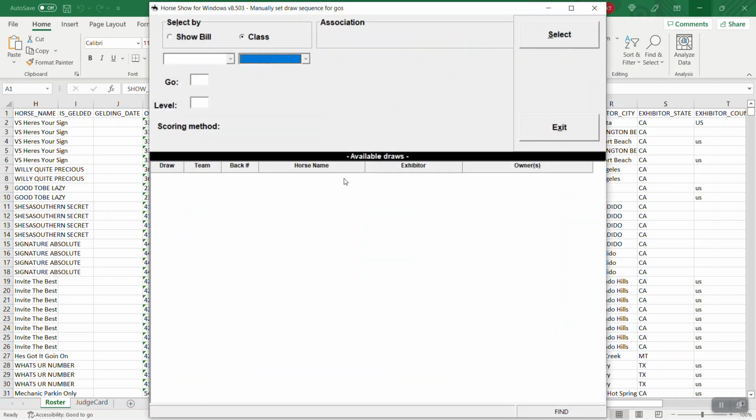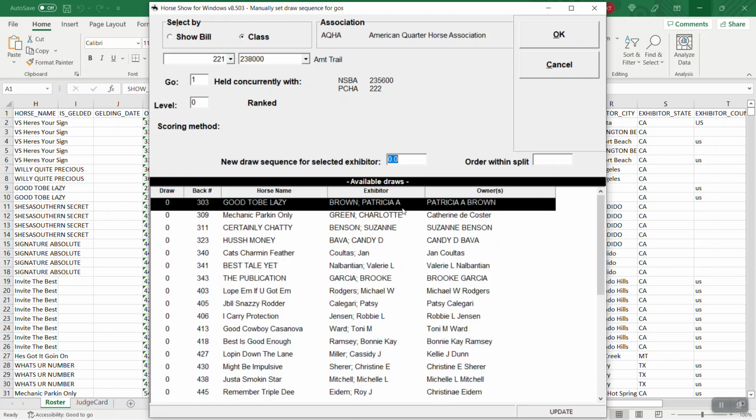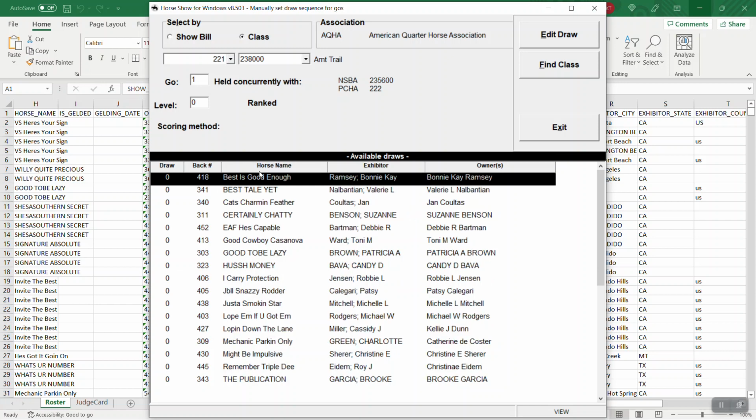So one of the things that we just recently changed here, I'm going to pull a class up. You can have a class with quite a lot of entries in it that you don't want to do a draw with exhibitors too close together. While yes, you have that option in building the draw, there's still potentially that you might want to spread them out a little further. Maybe there's a trainer that you know needs to be here, there, everywhere. Heidi, if you click on the name of the exhibitor, it will cancel that. If you click on the column header, it will sort by exhibitor. So when you've done the draw, and you've got your draw numbers on the left-hand side, 1 through whatever, that's what it would sort by when you first went in here. You can also sort by the exhibitor and also by the horse, so that you can ensure that exhibitor is far enough apart, if you have a class that's 50, 70, 100 in there, to verify that you really have this person or